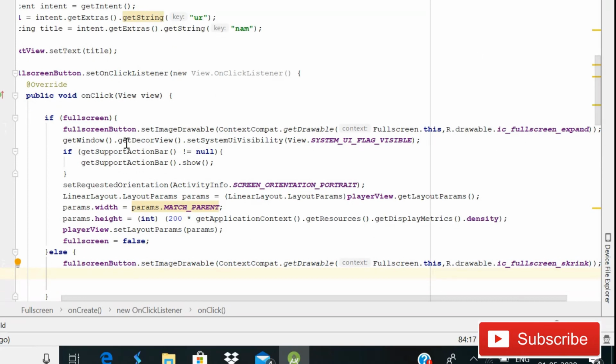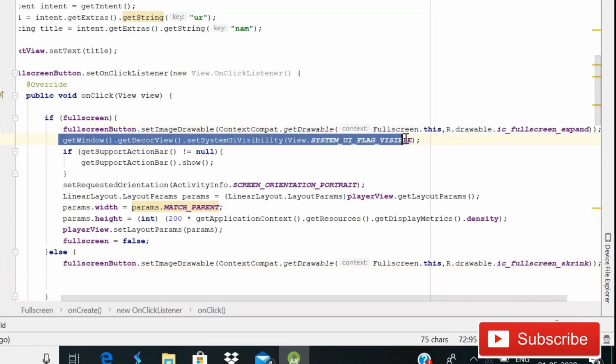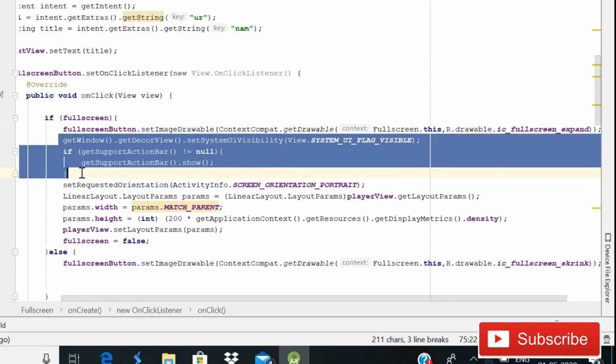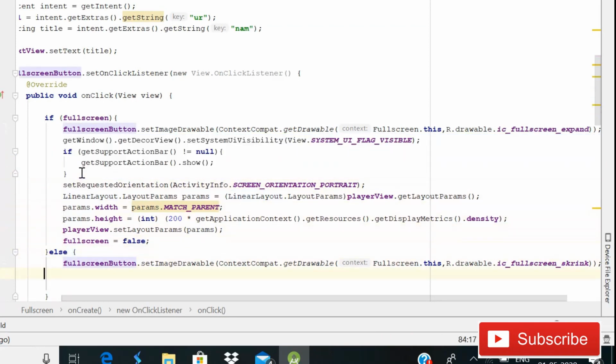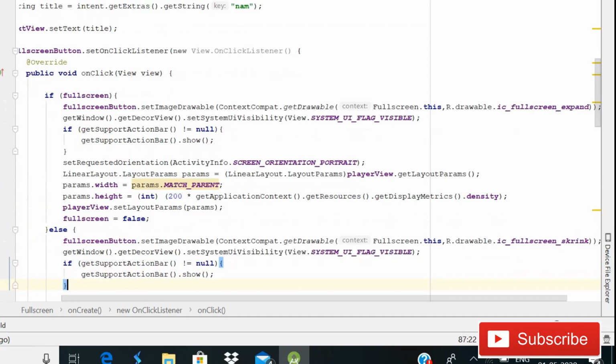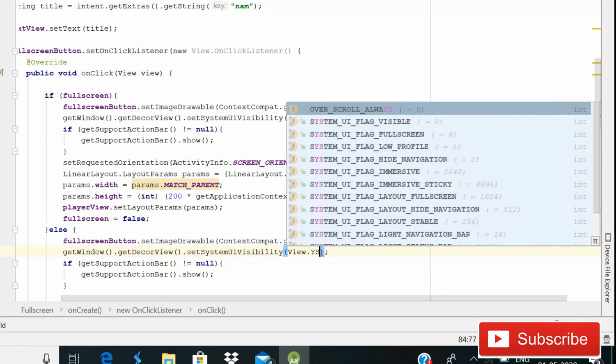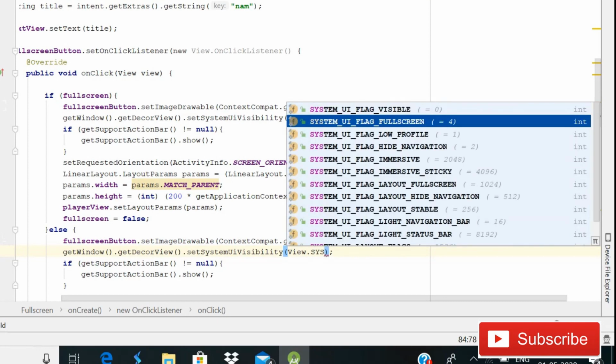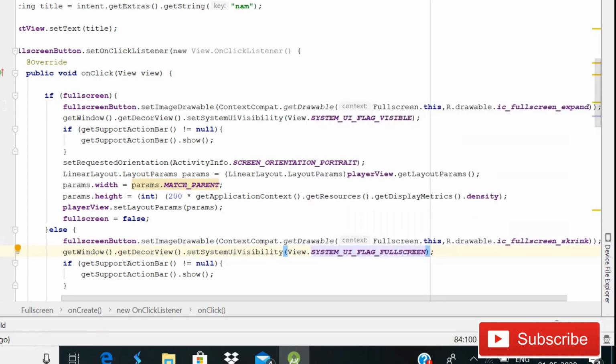So after this here what we are going to do is simply copy these lines. So simply copy this one from here, including this if statement, and simply copy it, then again come inside this if else part, and then paste it here. But guys, this time we need to make a little bit of changes, that we are not going to use this flag visible, flag UI visible, UI flag visible, sorry. Here what we are going to do is simply write system UI flag full screen, and then again we will write